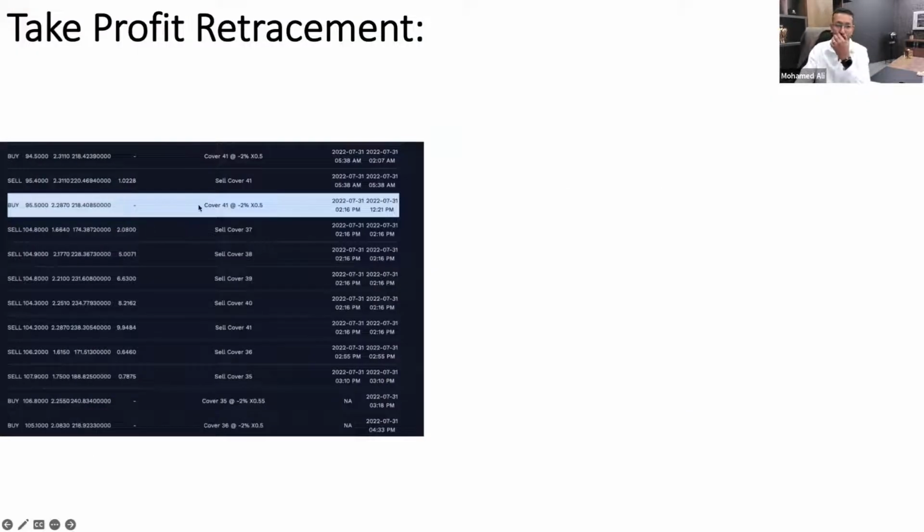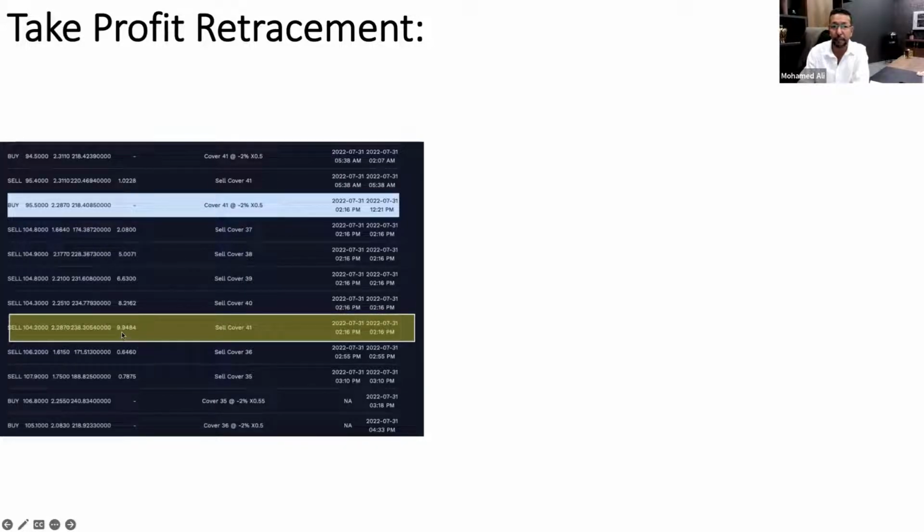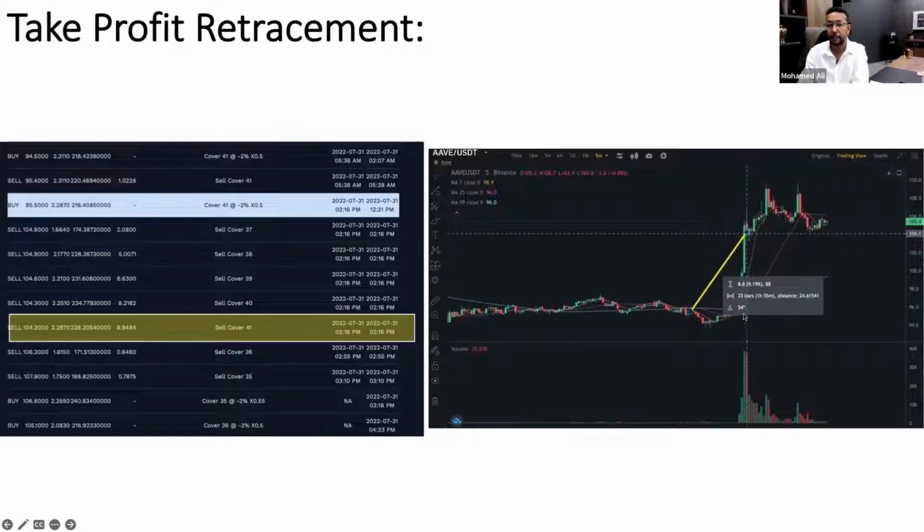Okay. If you see in this cycle here, normally trades are making like $1, $2, $3 in profit, except for this one. This one here made 9.9 USDT, this small trade. Why did it make this? Because when we look at the market movement, it was just here, and when the market really went up high here, and then it closed the trade up, because as we said, EazyBot is always using retracement. Unless the market starts showing some movement down by 0.5%, it's not going to be closing the trade. And that's where it happened.